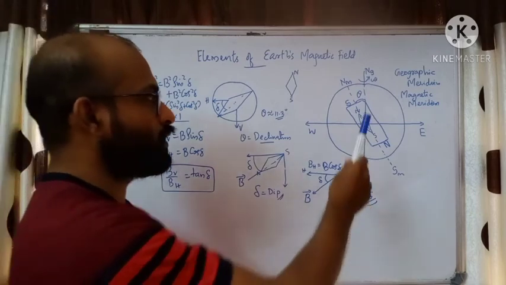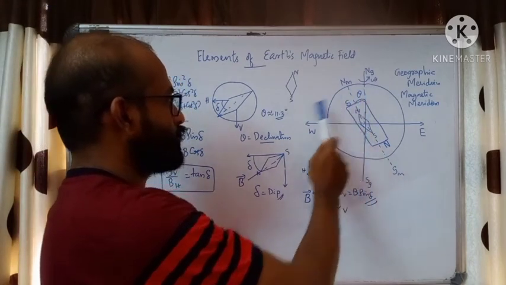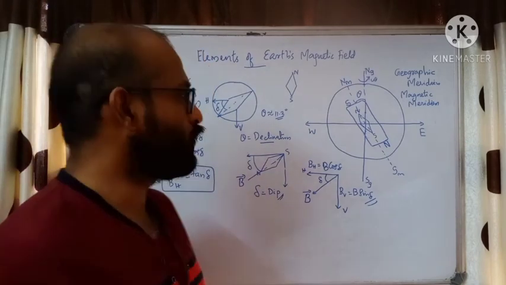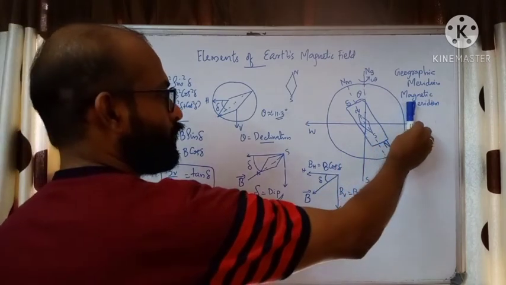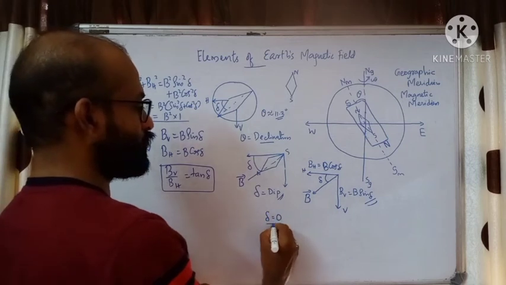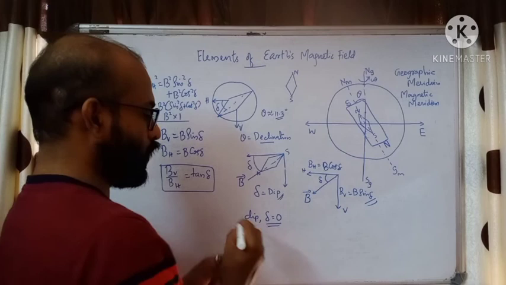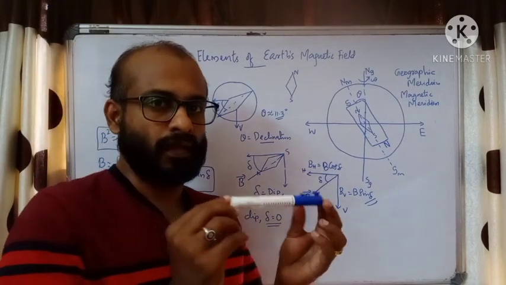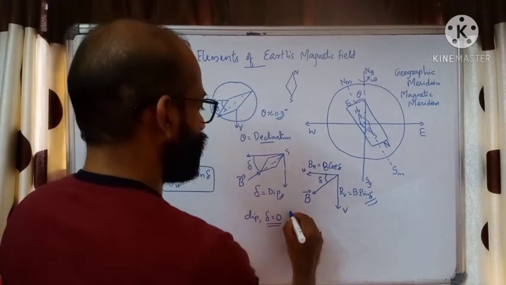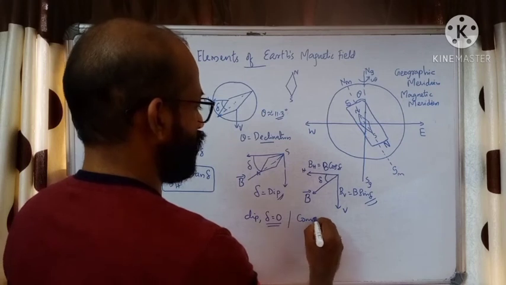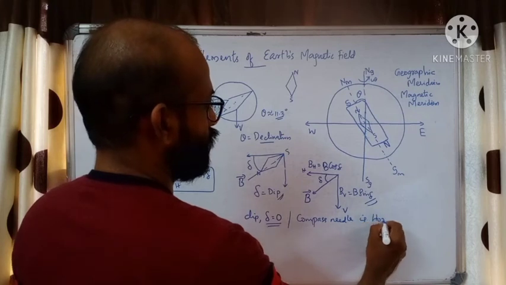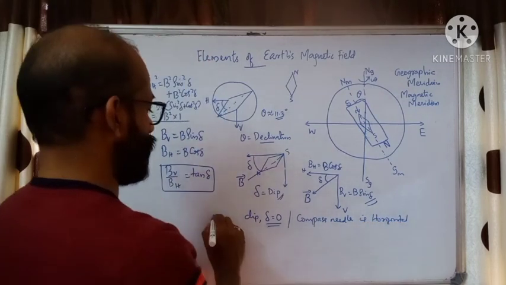We have seen a few terms: theta is declination, and dip angle is delta. The value of the dip angle varies from place to place. When you go to the equatorial plane, the angle delta will be 0. Why is delta equal to 0? Dip is equal to 0 because in the equator region, the compass needle will stand exactly horizontal. Then the dip angle is 0. The compass needle is horizontal at the equator.